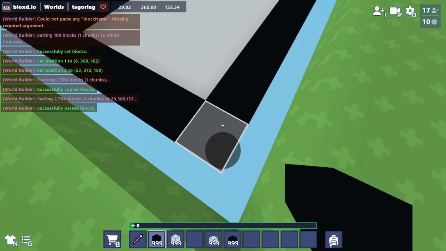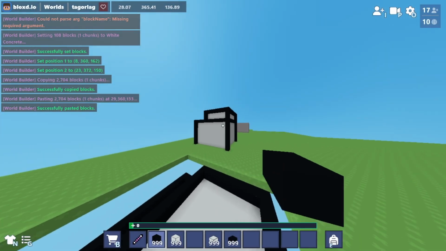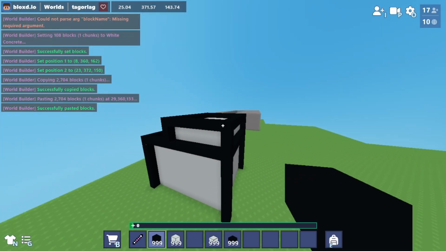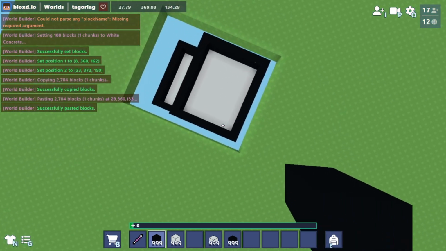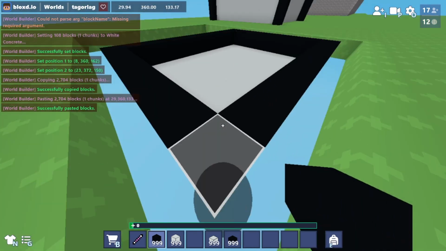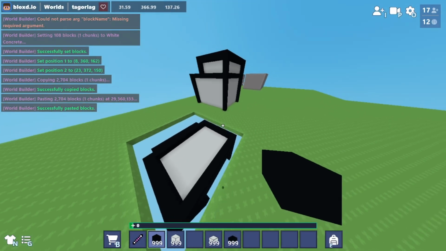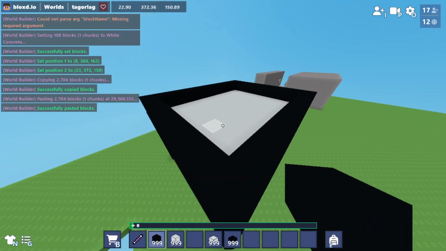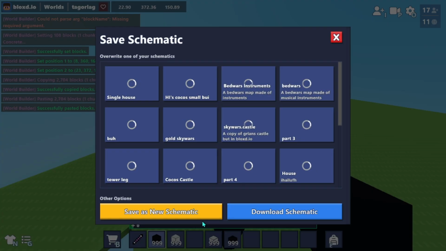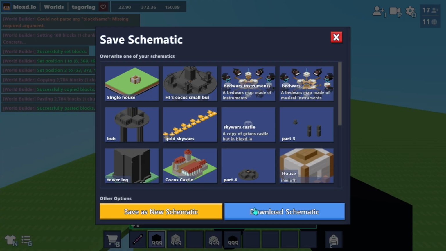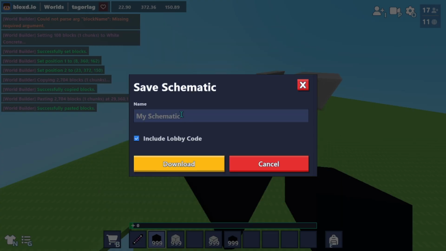So I'll paste on position 1, which I had up here. It can be weird sometimes. So it went off of position 2, which was right here, so then it pasted below me. But I just want to copy it and put it in another world, so I will go copy, then schematic save, and then I'm here, and I can download it, and name it whatever I want,